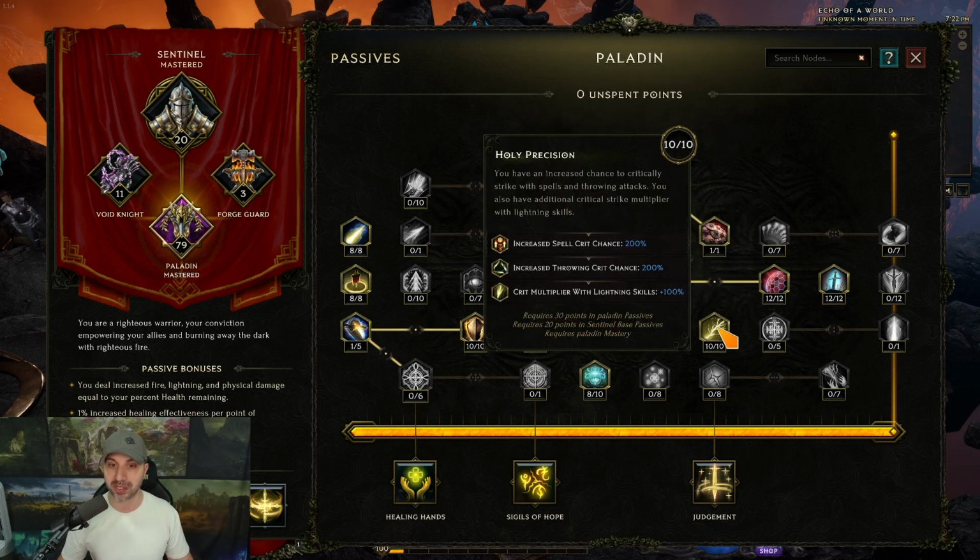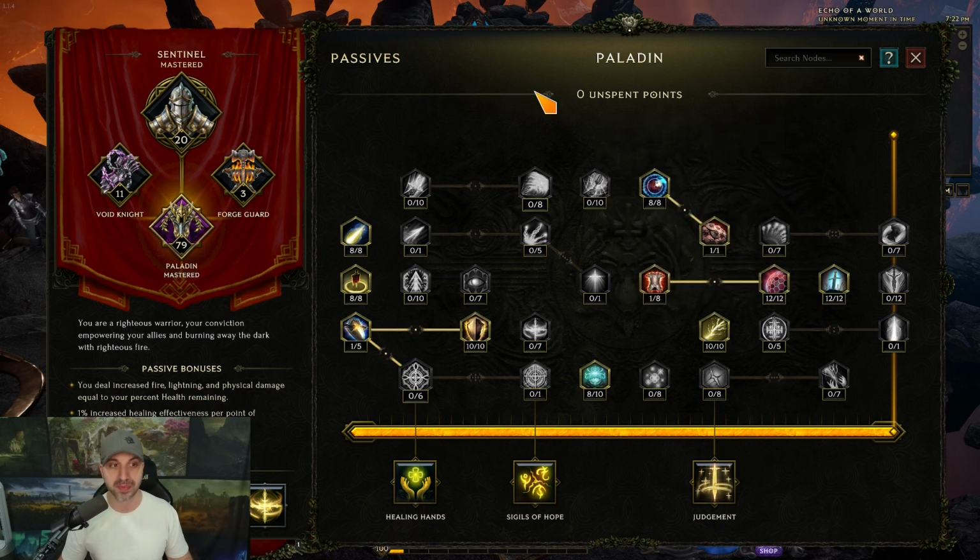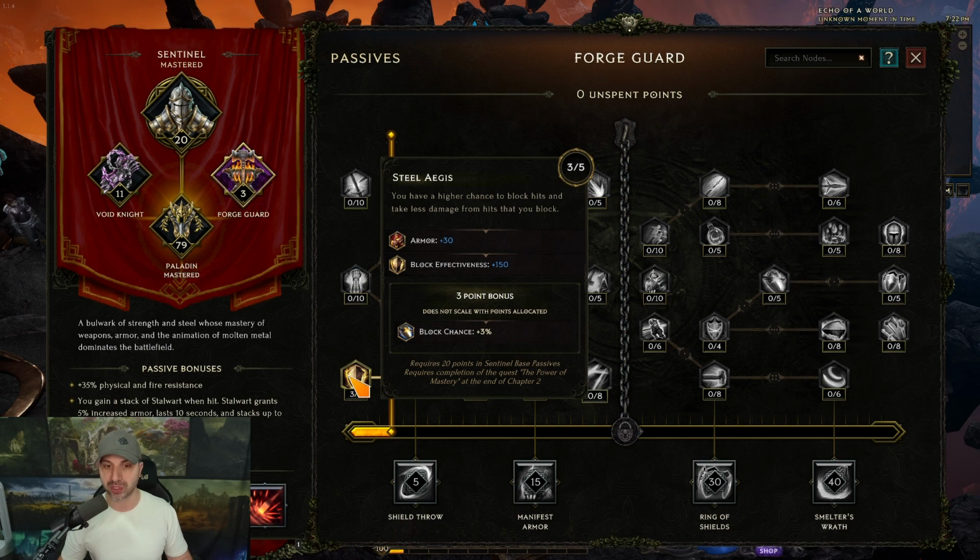We have 10 into Holy Precision because we want the spell crit chance and the lightning crit multiplier. This node is very important. And then 12 points right here into Duality, which is going to give you mana damage, healing, and health. Also an awesome node. To round out, we have 3 points in Forge Guard, which is going to give us